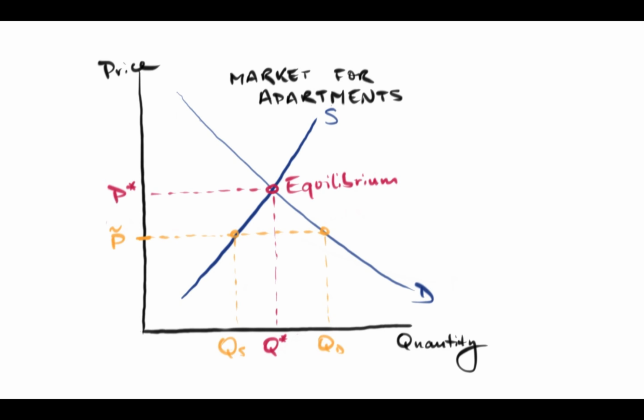Okay, so everyone between QS and QD would like to find an apartment, but cannot. So I would describe that as a shortage of apartments, or excess demand for apartments. These apartments are scarce, difficult to find. And again, that's going to be the main implication of the model, that rent controls or price controls will create shortages. And the shortages come from two different sources. So I'll split up that shortage.